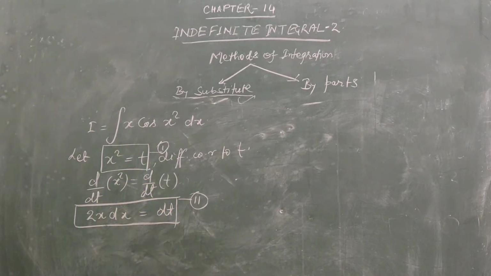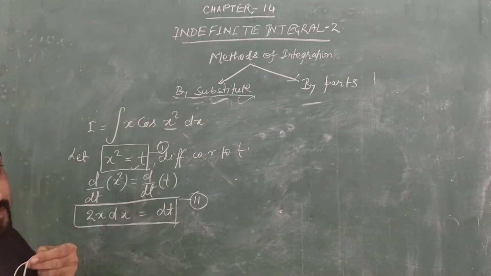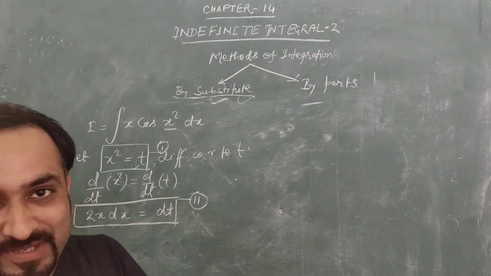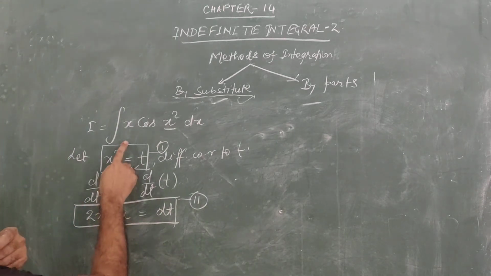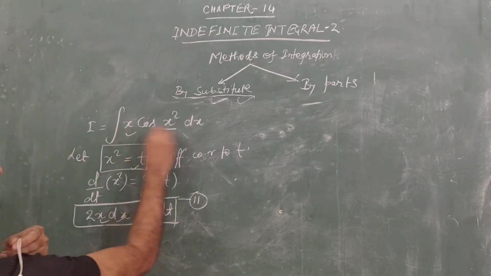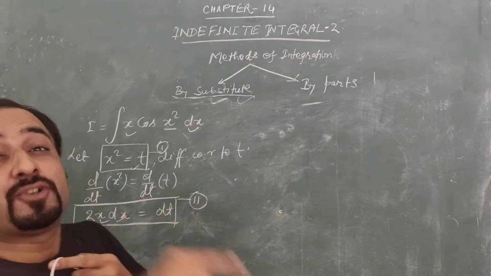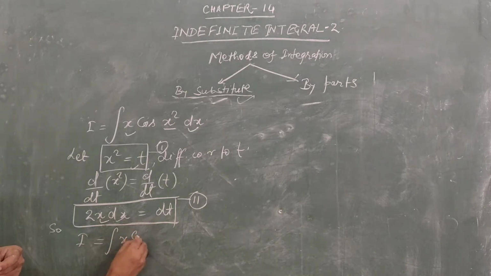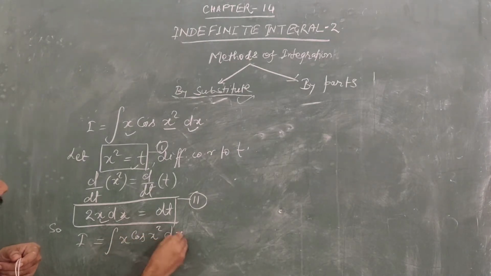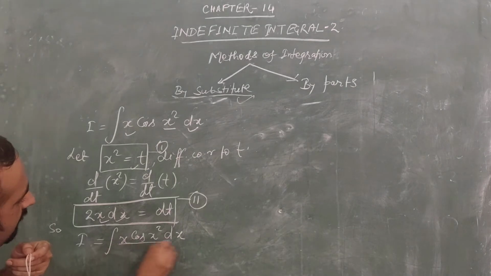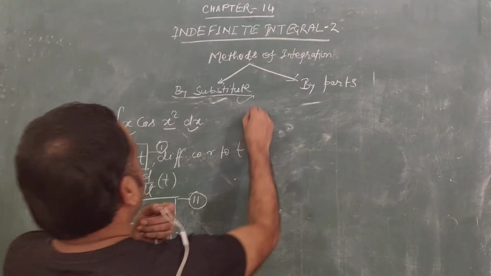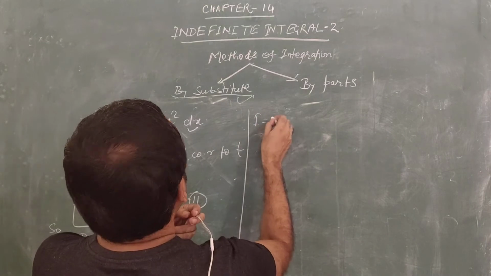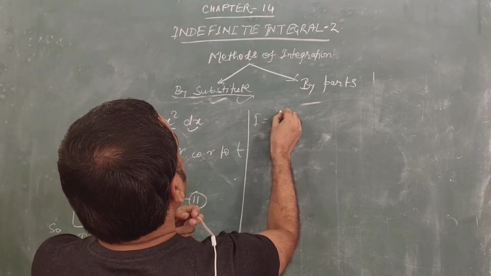So students, what is the matter? Of course we have x square is equal to t. This means we can put t at the place of x square. Here t is the substitute. Okay, and next, here we have x, we have dx, but we don't have 2, so we will create 2. Okay, how? See here, I is the integral of x cos x square dx. Can I write it upon 1? Of course, there is no issue. So I is equal to the integral of, I am multiplying.